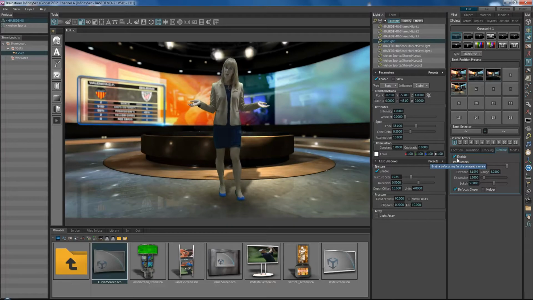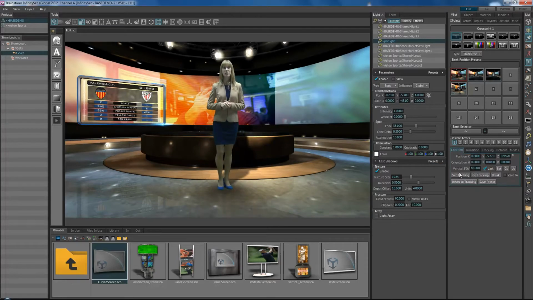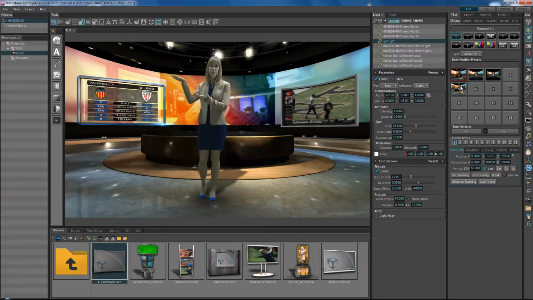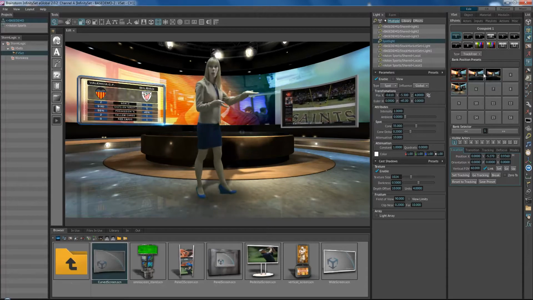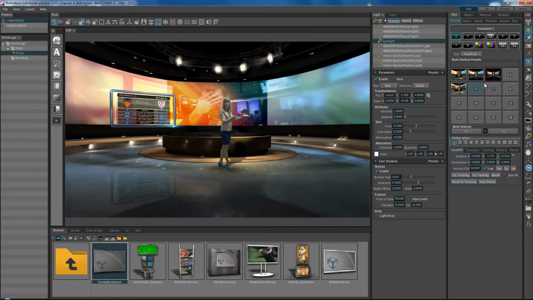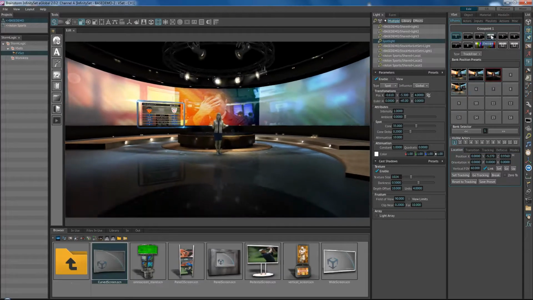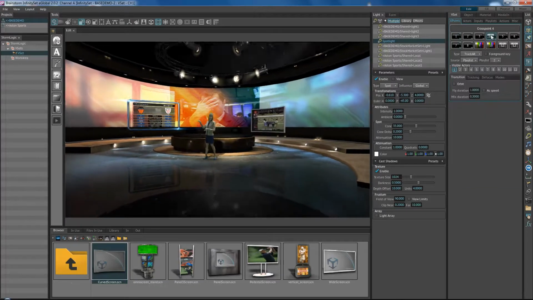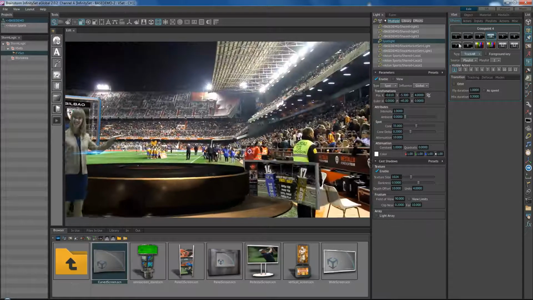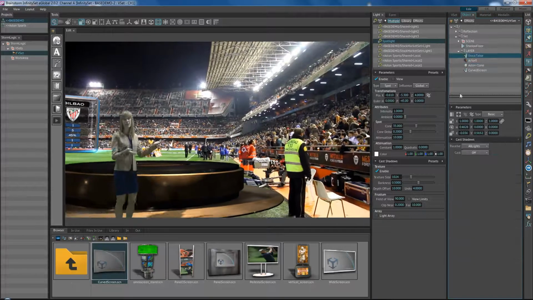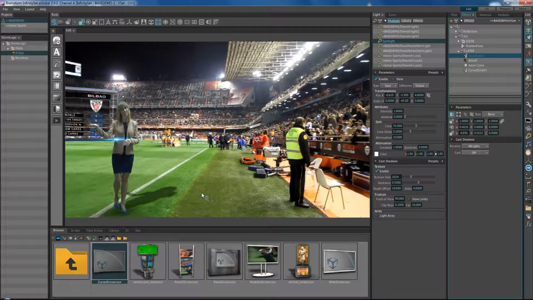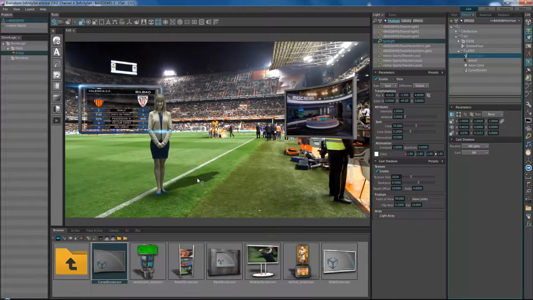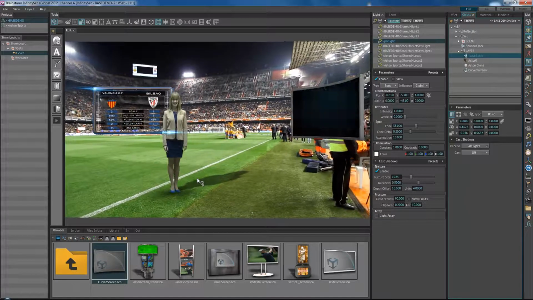Right. So let's turn this off and let's have a quick look at another of our unique features, which is what we call the teletransporter. Instead of using a virtual set as a background, as we are doing here, we're going to move on to a different location. We're going to use a movie as a background, right? Let's remove this, hide this screen here, and we call this a teletransporter, so we teletransported her, and she's now in a